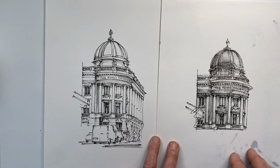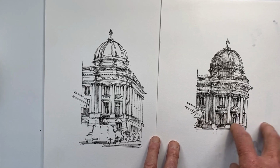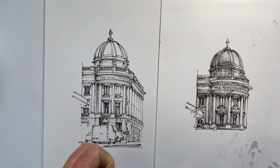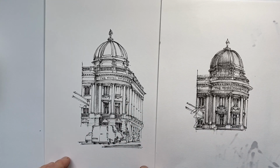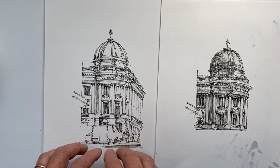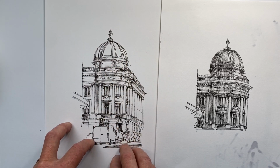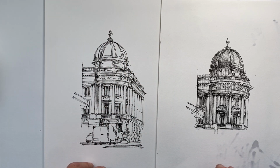But I didn't feel I could do it adequately without in the end putting so much hatching. I thought the scene had been overwhelmed with hatching. And so I drew it again, and I had a great focus on keeping my columns straight, and I was able to do what I thought was a neater job with the dome. The final drawing I want to show you